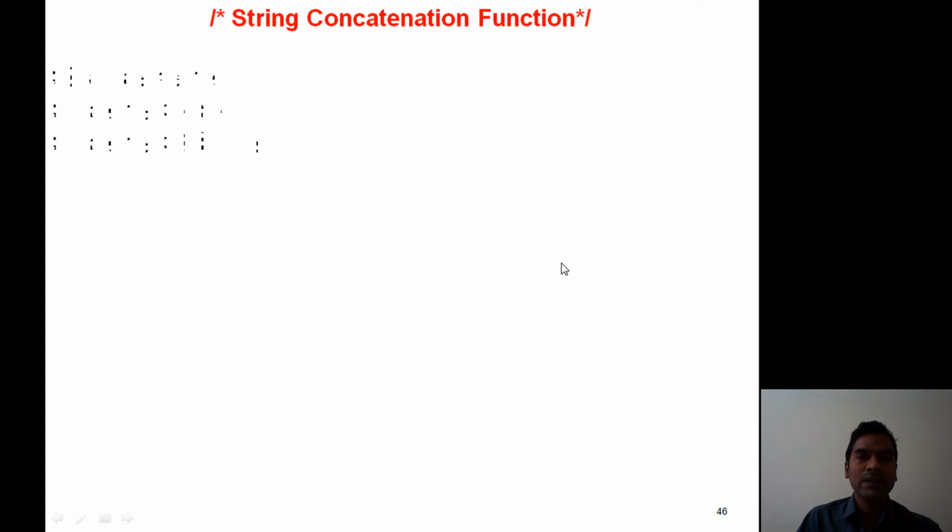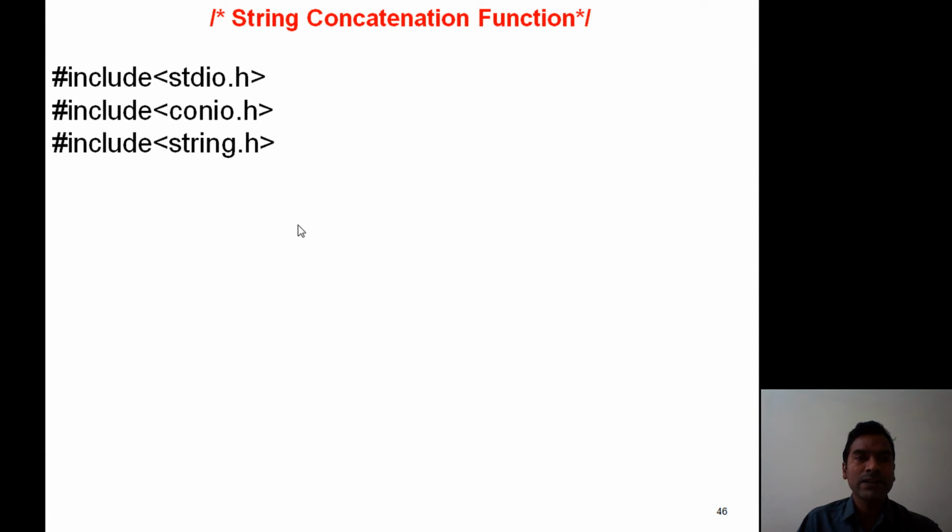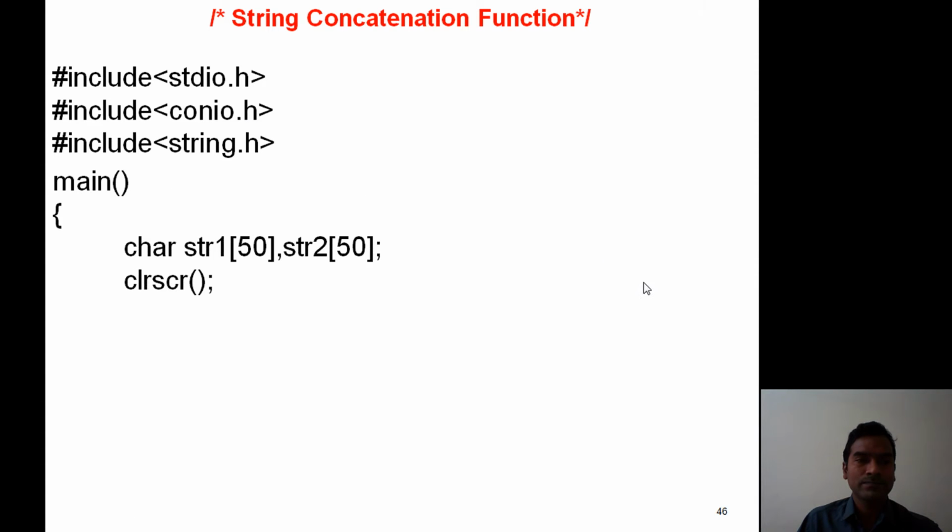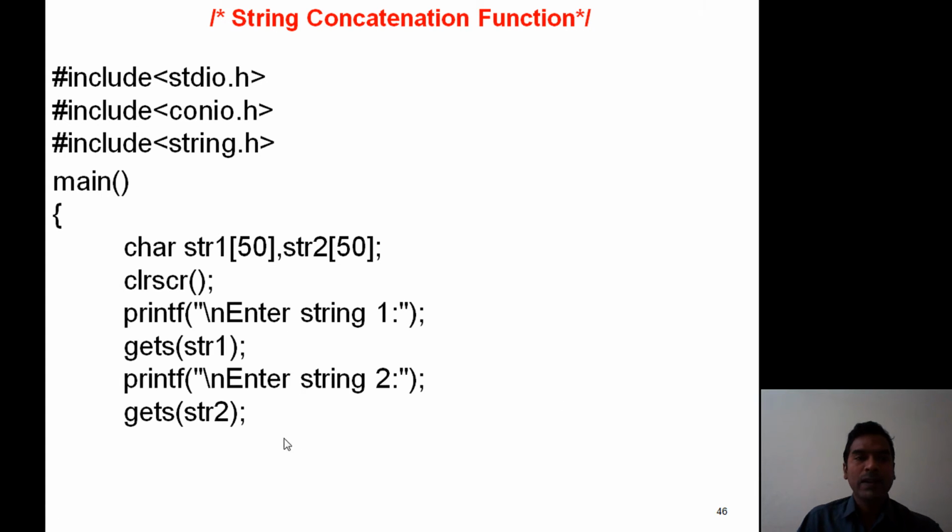Let us see an example of the string concatenation function. Header files, then the main program. Here we declare two strings, str1 is one string and str2 is another string. Now read these two strings using gets(str1), gets(str2).